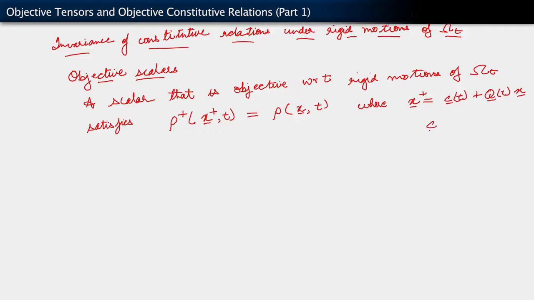Okay, c belonging to R3, c being a vector, and Q belonging to SO3 plus. Okay, so that's what happens with scalars. This is what we mean by objective scalars. Objective vectors